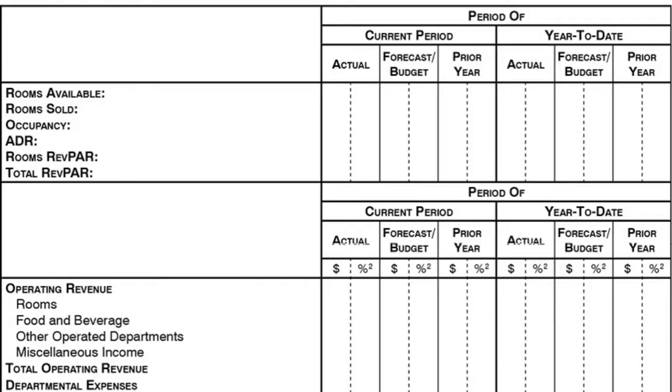So hotels' KPIs keep on changing. Some hotels are doing reforecasting every single month, and they update the forecast for the remaining part of the year if there are major changes in the economic conditions. Some hotels do it quarterly, some hotels do it every six months. So it depends on the size of operations and also the economic or political situations. It can change. And we compare the performance against the previous year as well.